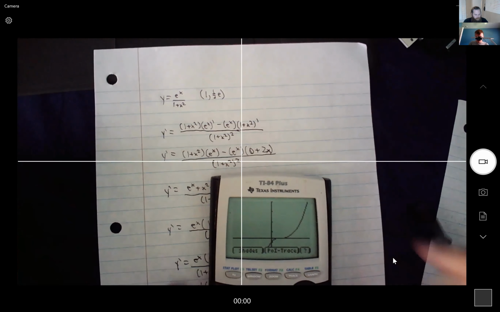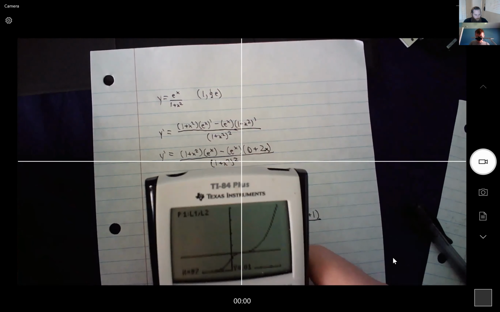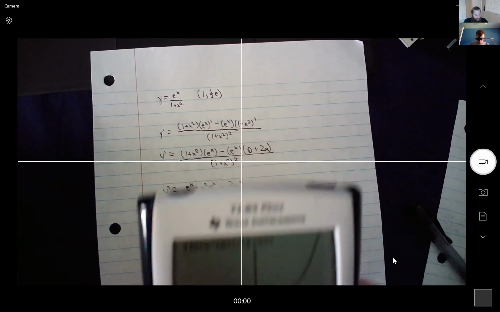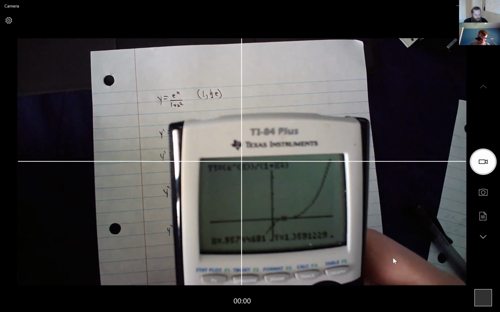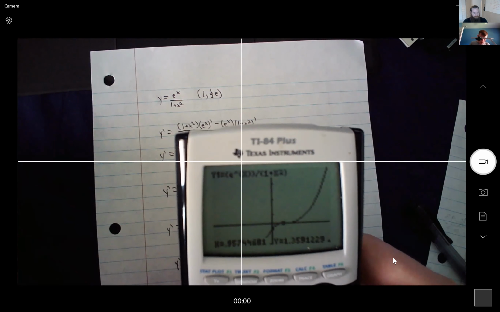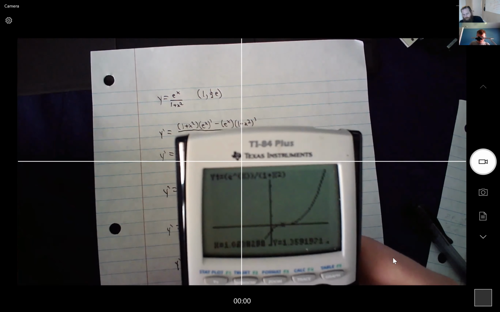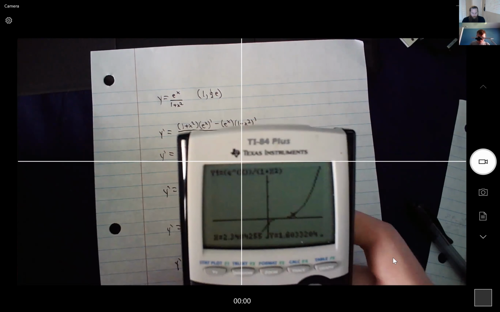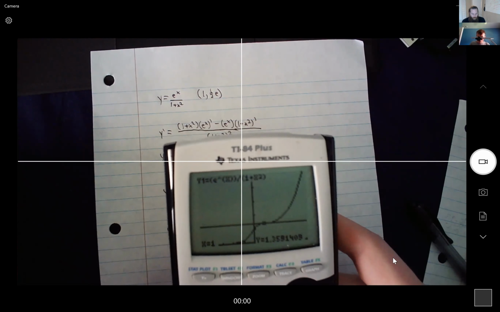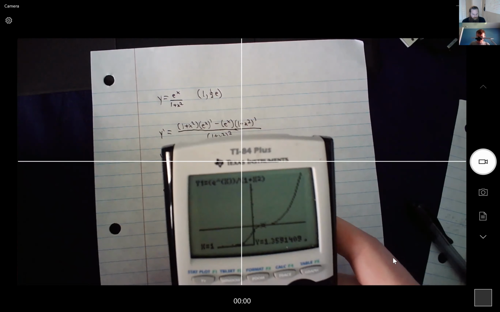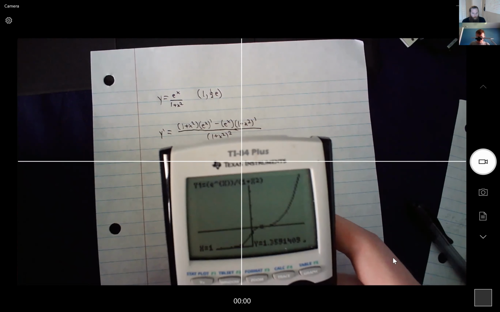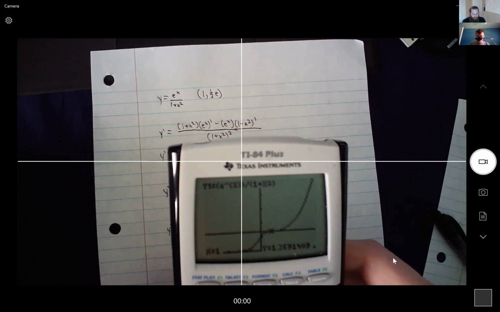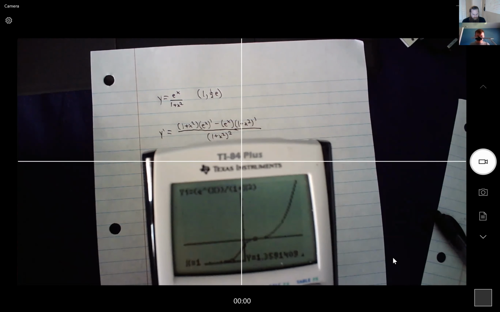So we can see that when we trace this, we have our function of e to the x over 1 plus x squared here. So then if we look at x equals 1, you have y, which equals this number, 1.359. And